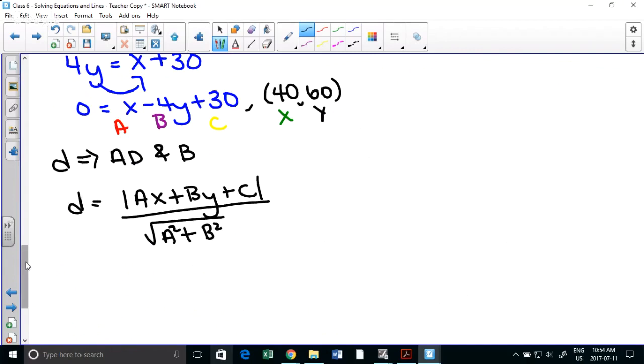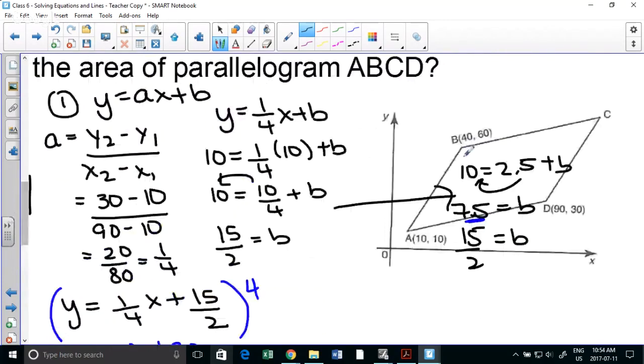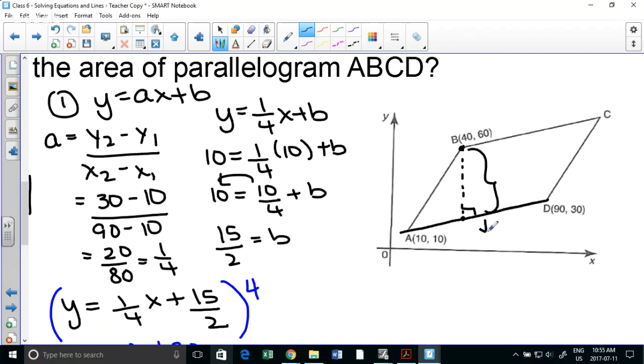What do you mean, which coordinates? 40, 60 are the coordinates of B. What we did this for is because we want the height of the parallelogram. The height of the parallelogram is the 90-degree distance between this corner and this line. So we want to use distance point to line. So this point to this line, and we're going to find this distance. So we needed the rule of this in general form, which is what we had, and we use these as coordinates.